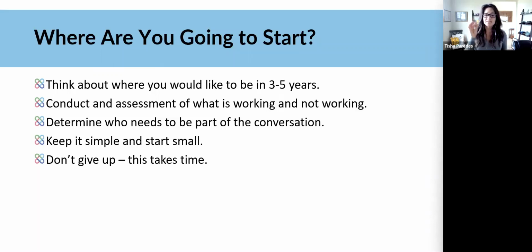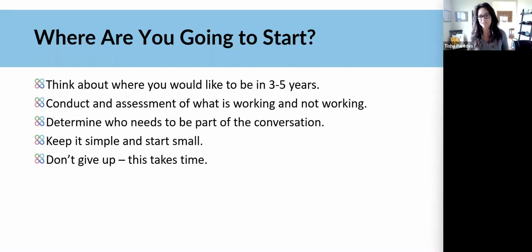Where are you going to start? This process is long and hard. It's not going to be done in a year. And let me tell you, in my years of doing this and Carla's years of doing it, if it's done in a year, it's probably not done in a way that will be sustained. I just want to make that clear. If your accreditation visit is next year, do the best you can. But if you try to do all of this in one year, it probably will not be sustained after your accreditation visit is over.